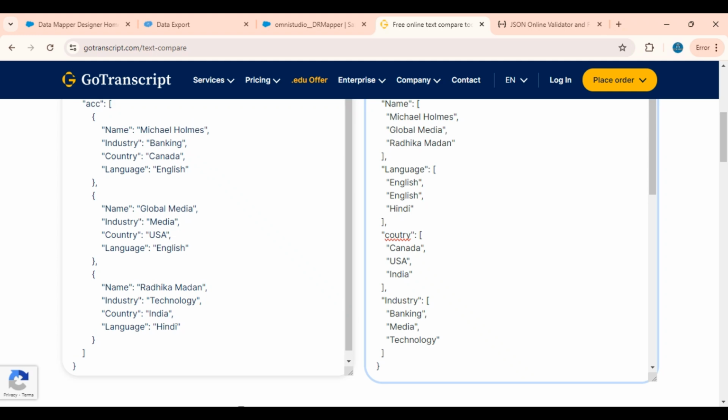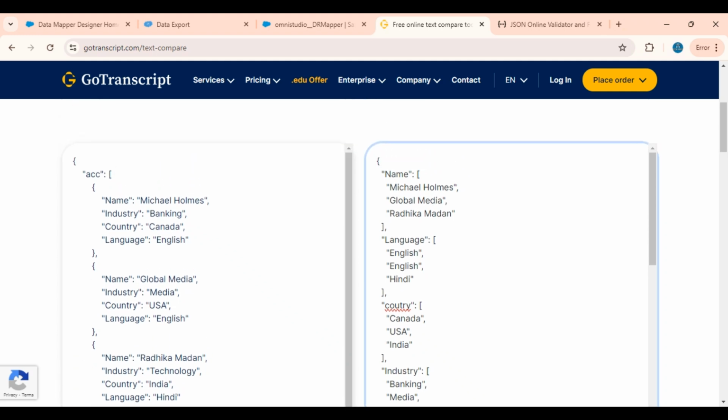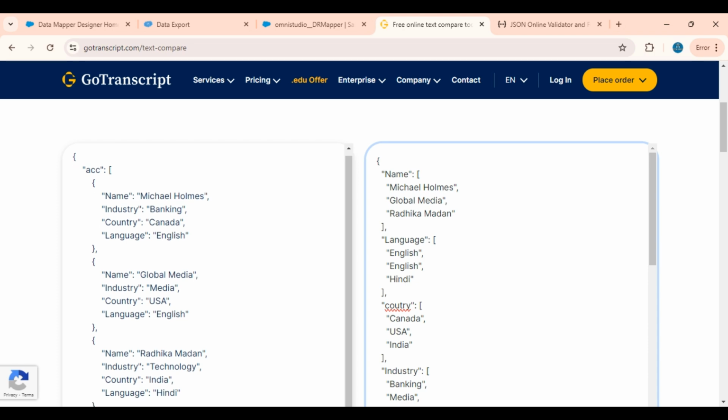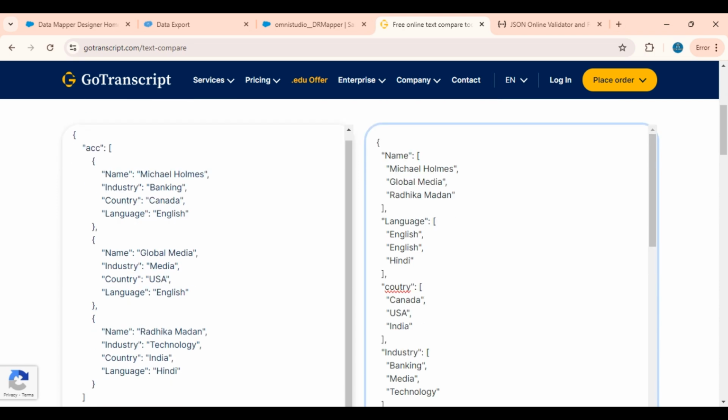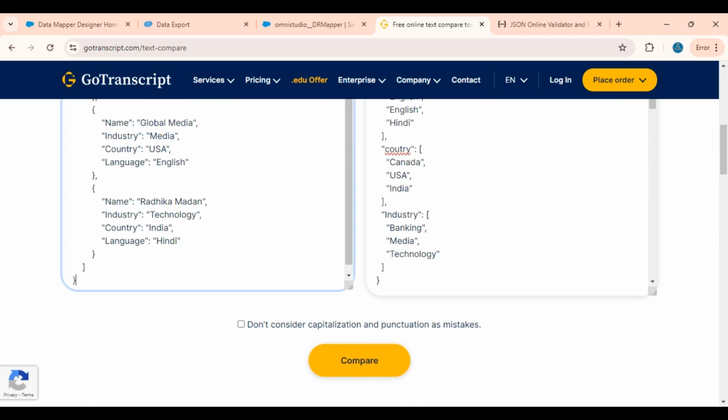In this video, I am going to show you how to make an array of values of a specific property from an array of records. So if you see here on the left side, this is the input that we have to pass to the